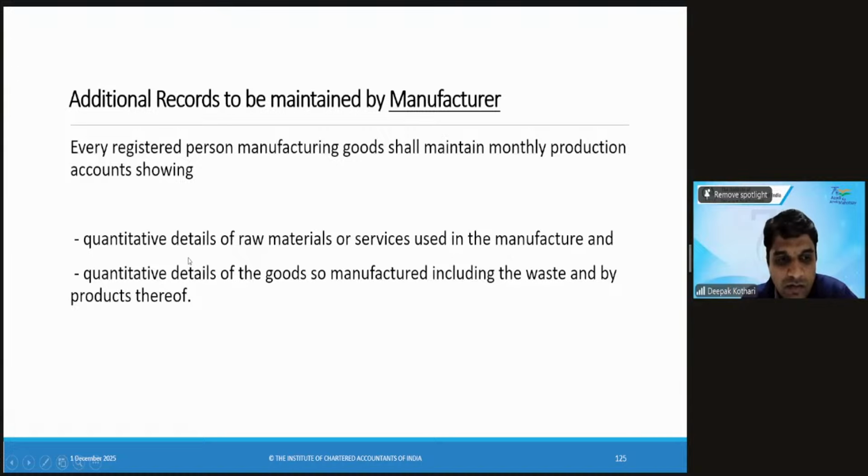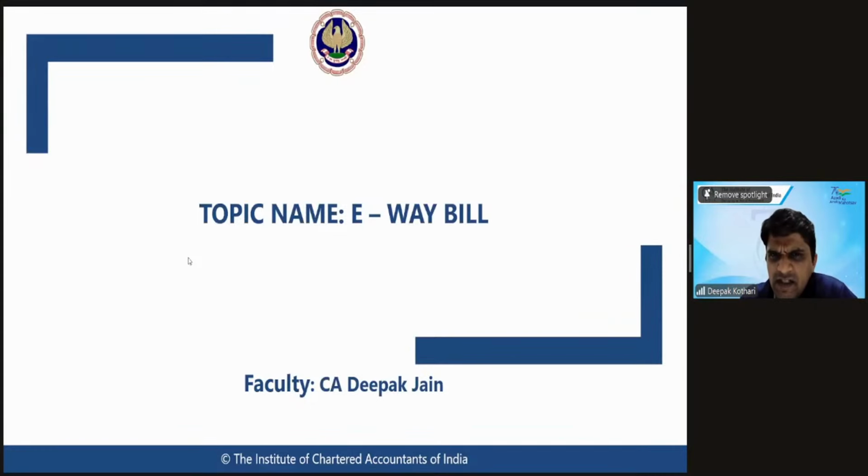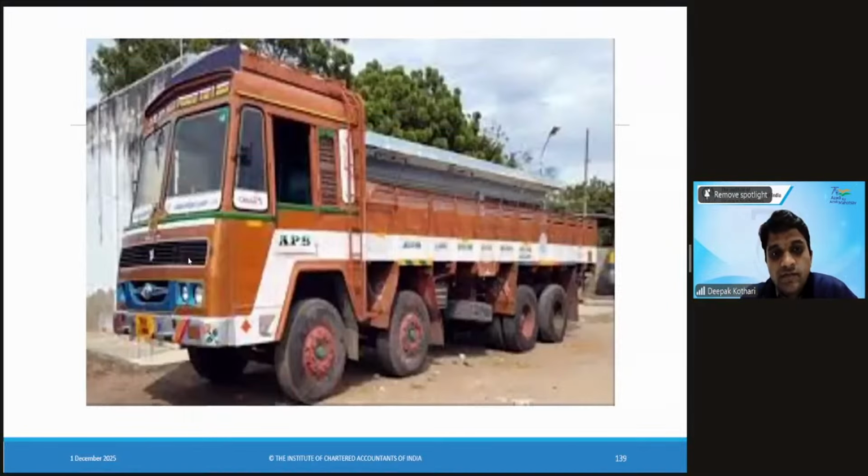Now let's move on to e-way bill. Generally, what do you think of e-way bill? When you think of e-way bill, what comes to my mind is that a lorry is moving and they will have to carry along with them an e-way bill. Okay? When I think of e-way bill, I remember that whenever there is a movement of goods, e-way bill will be required. Now, whether it is for a supply, non-supply, whatever it is,